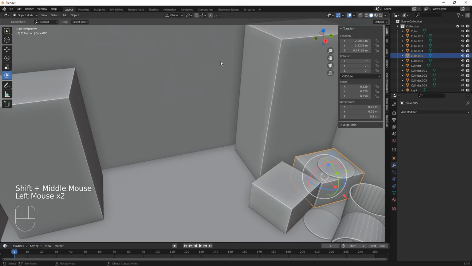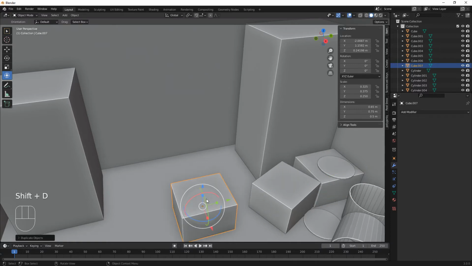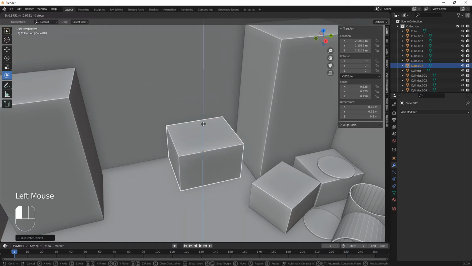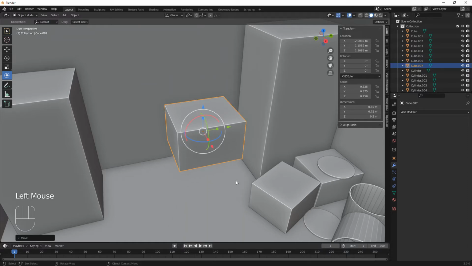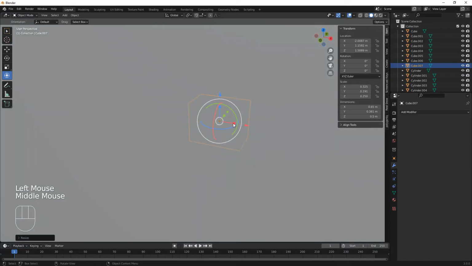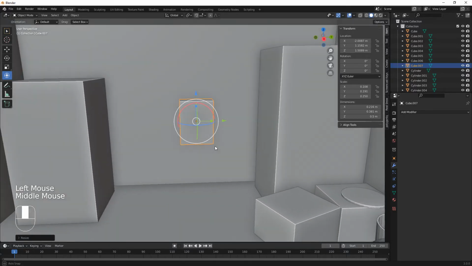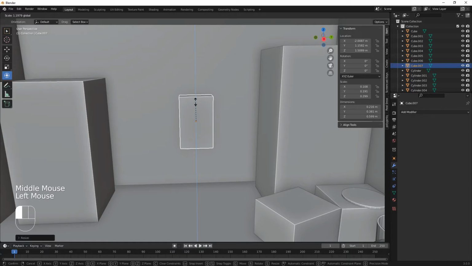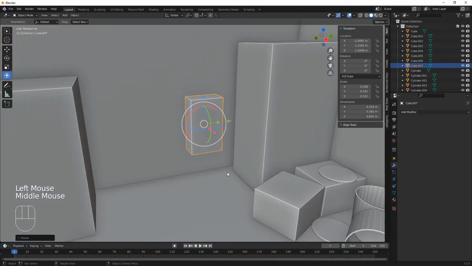So what we're going to do, the wall thing, we've got 3 panels up here, so Shift D on the Y. We're just going to, how big are they? About that, maybe a bit taller, probably like that. So what we're going to do now is Control A, because we want to reset all the